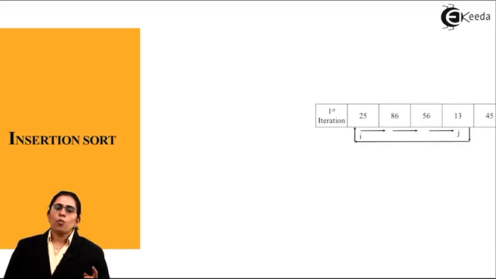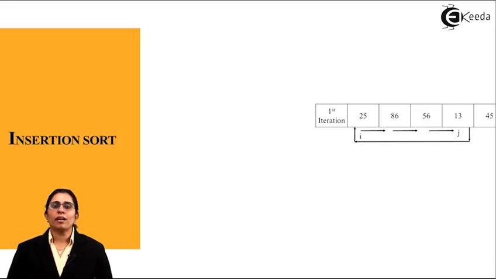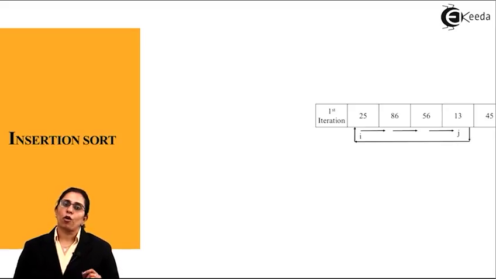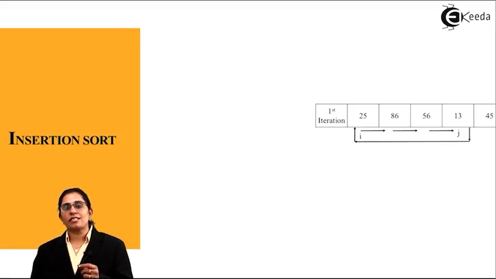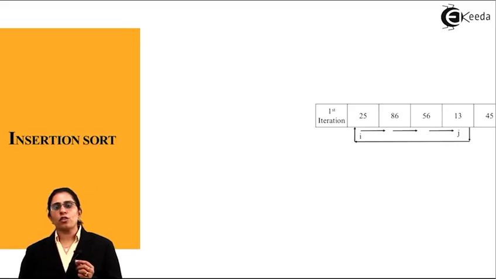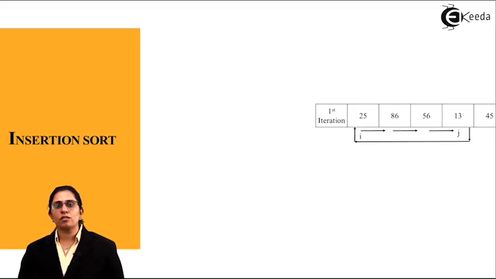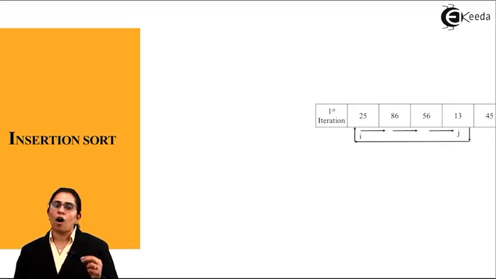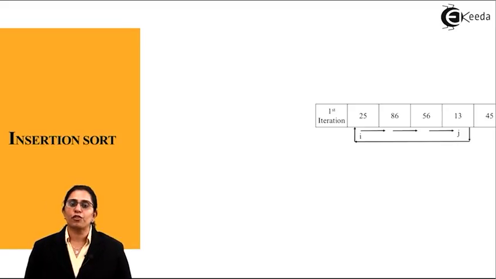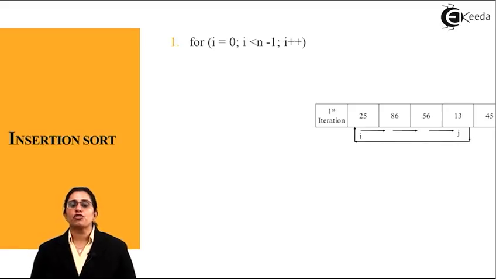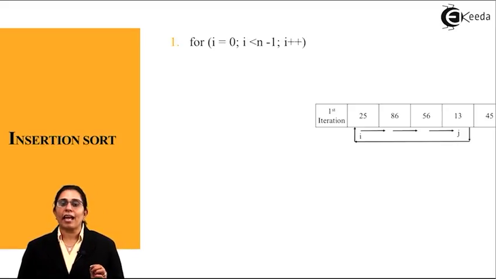Now we will see how we implement the program or an algorithm for the insertion sort. We've taken the same list with 5 elements and diagrammatically shown how the shift has to take place. But now we have to see the code or the algorithm or the pseudocode for it, how it has to be written. Now the first step is, for i equal to 0, i less than n minus 1,